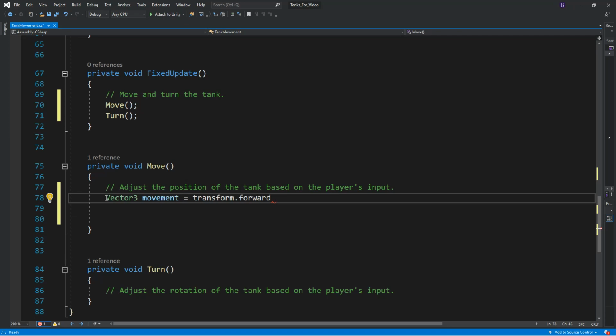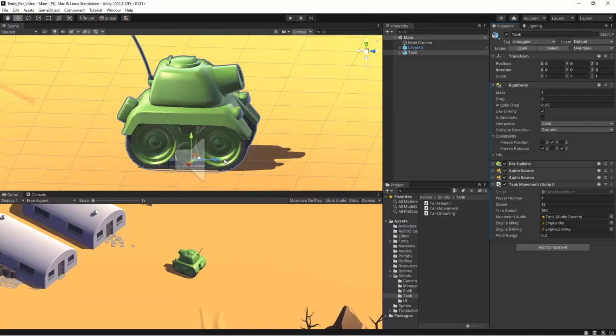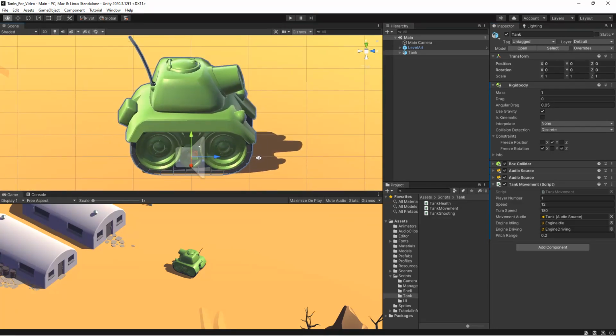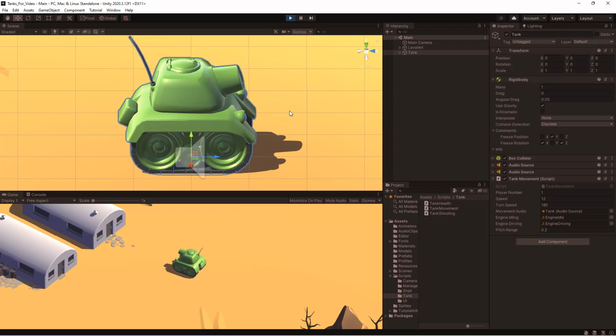Z-axis, the positive z-axis, is always pointing towards forward. If we look at it over here in Unity on our tank, you'll notice that that blue stick is the z-axis. That z-axis is pointed in the forward direction. As the tank's driving around, if I were to get into play mode just for a second here,